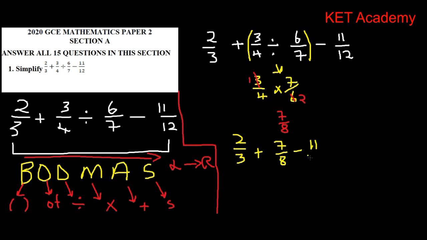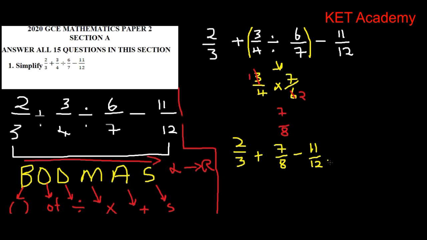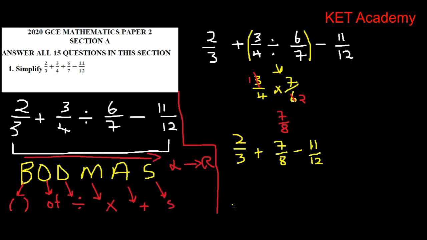Now, today's video we are going to be answering Section A, Question 1, which is usually on the order of operation. So Question 1 says: simplify 2/3 plus 3/4 divided by 6/7 minus 11/12. So we are required to simplify this. Now we have 2 divided by 3 minus 3 divided by 4 divided by 6 on 7 minus 11 divided